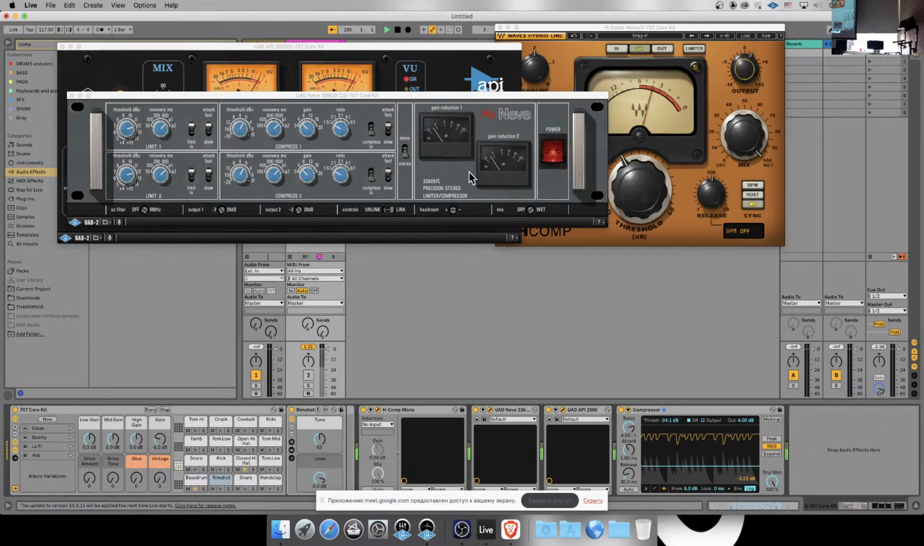Yeah, you cannot change it. So you see it's telling you gain reduction 1 and 2. Why does it say 1 and 2? Because it's a stereo compressor, exactly. A stereo compressor is different than a mono compressor because the two channels need to be triggered at the same time, so it doesn't sound weird when you have different compression on left and right. Imagine left and right sounding different. So